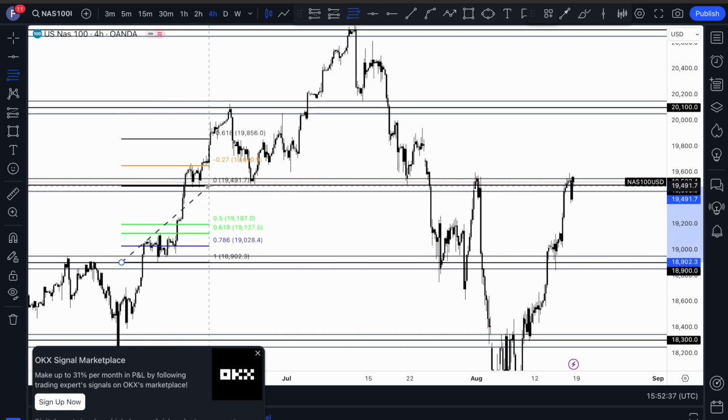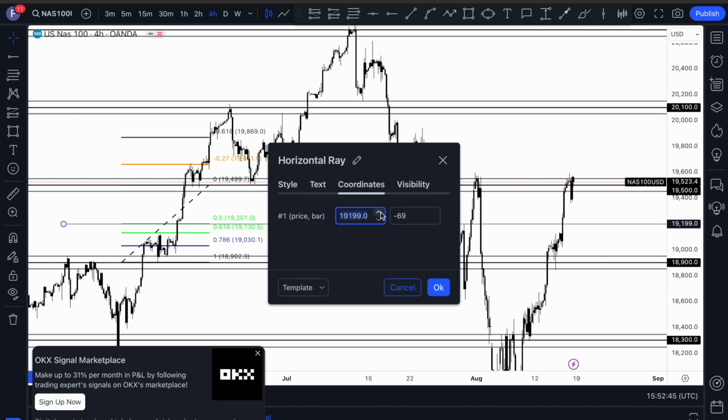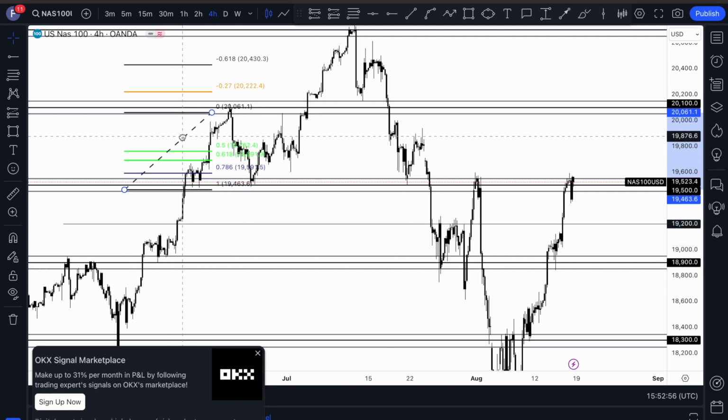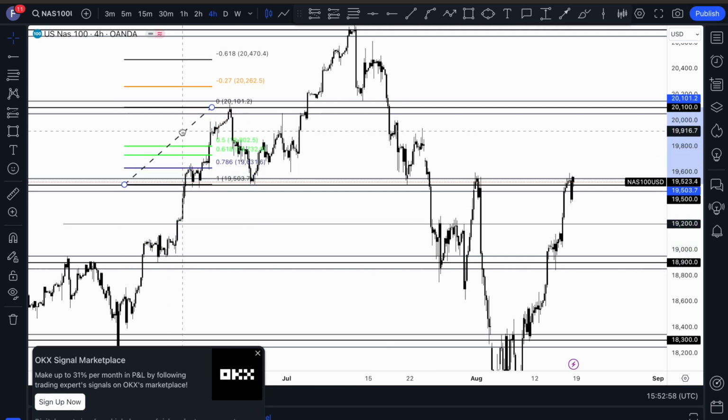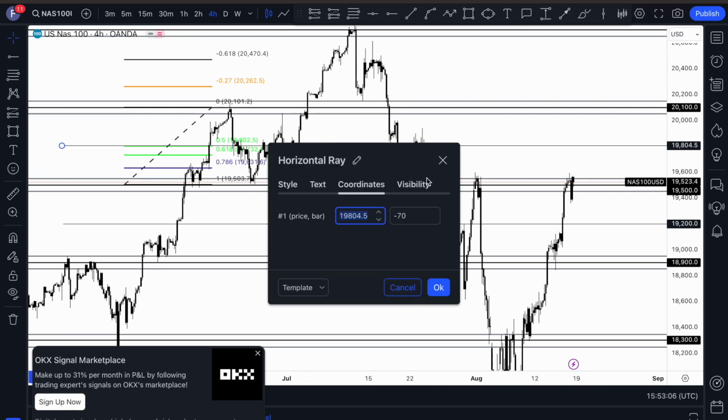So now I'm in search of a middle psychological level, so I'm going to use my Fibonacci to get my middle psychological level. So meaning with my two major psychological levels, in between there is a middle psychological level. So I calculate using my 50% level on the Fibonacci, and it does give me